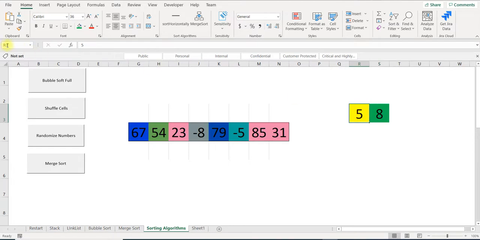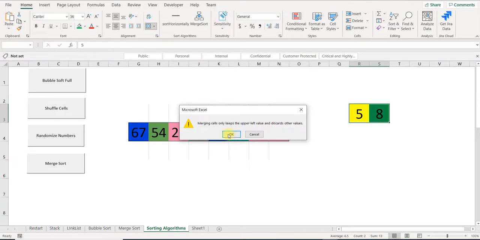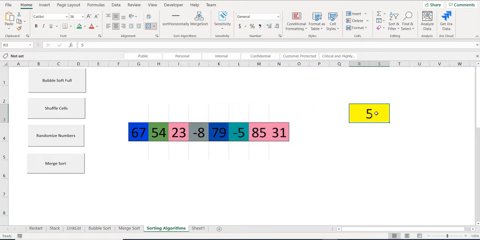So this cell address is R3. This is S3, and they will combine. Now, if they combine, what will be the data, right? And what will be the address? Now let's see. If we merge and center them, it gives a warning kind of information, and then it creates